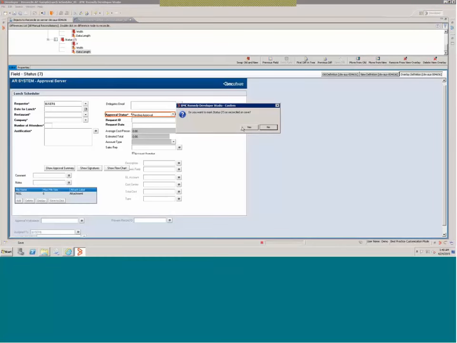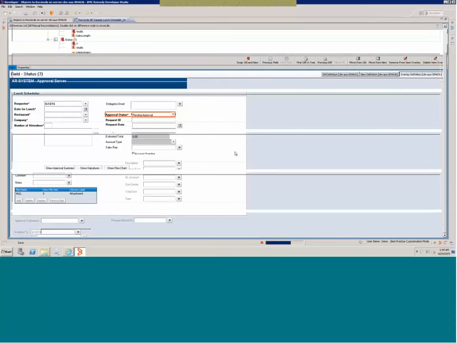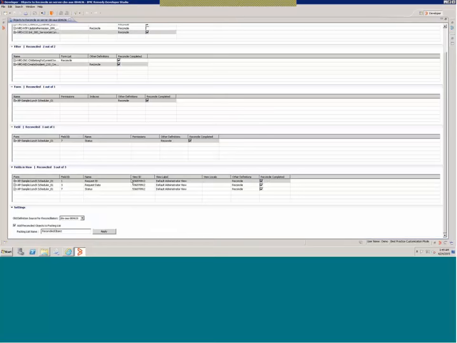So it is asking me, do you want to mark this status field on save? And finally it gives me the list of fields which I have reconciled in the editor, and I decide that I want to mark them as reconciled. So now I have these fields as well marked as reconciled.